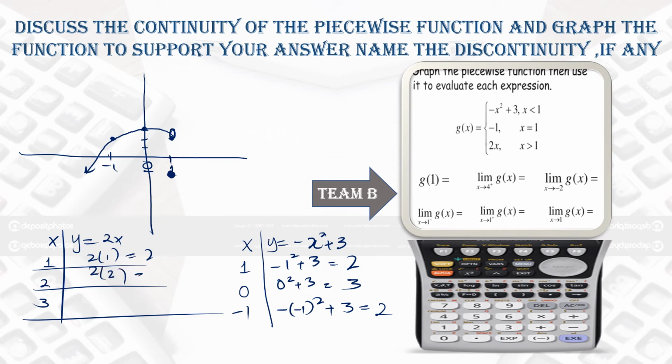2 times 2 gives you 4 and 2 times 3 gives you 6. So you take on the 1, the answer is 2, that is the same as the previous one. So what you have to do is shade it, because I told you before that a hollow point and a shaded point give you a shaded point in the result. Now 2 and 4 is this one, and 3 and 6 somewhere here, and make a straight line. So here you can say that the limits exist because they are reaching the same height, but their function values are not equal.